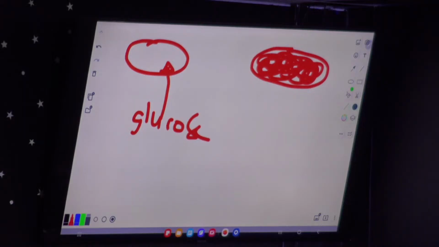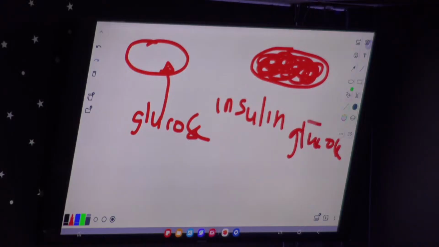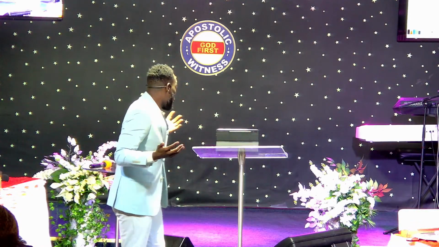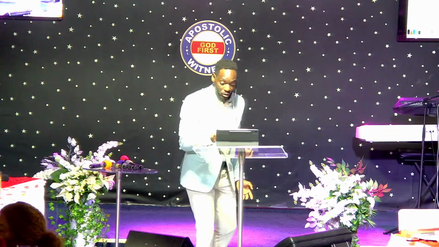When insulin comes to this cell and says, hey, I've got glucose in the blood, knock, knock, I want you to take up that glucose from the blood so energy can be produced, the cell tells insulin, I'm sorry, I don't have room in the inn. Where do you want me to put it? I'm so filled with fat. I'm sorry. And the cell refuses to open its doors to insulin. That's a breakdown.